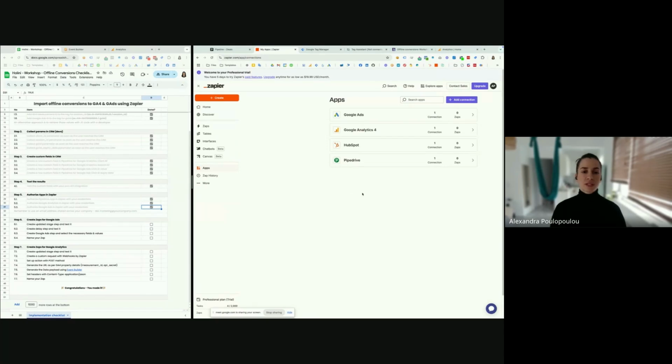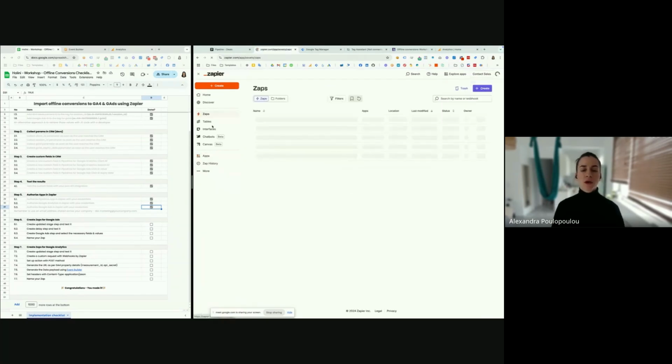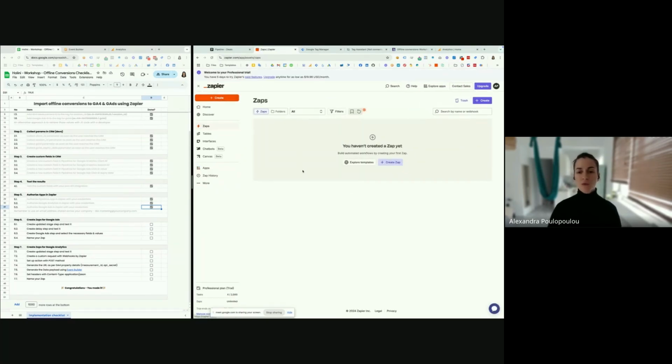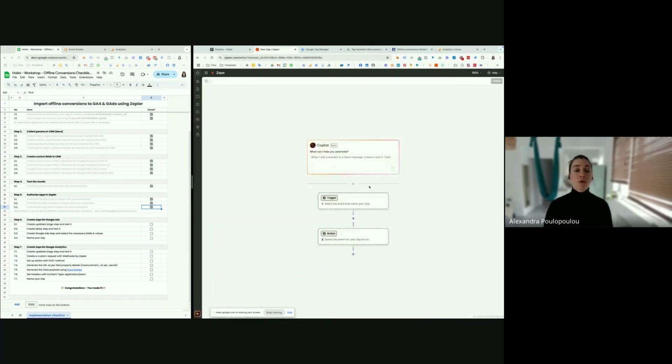So let's create our Zaps now. We can go either to Zaps or create one and go create a Zap. We will start with Google Ads right now, and then we will move forward to Google Analytics 4. For Google Ads, we will start with a trigger. What will trigger this Zap to do the procedure that we wanted to do?